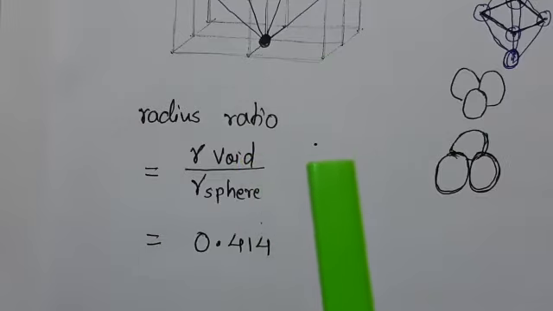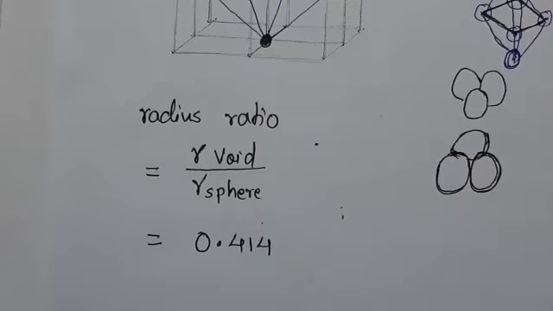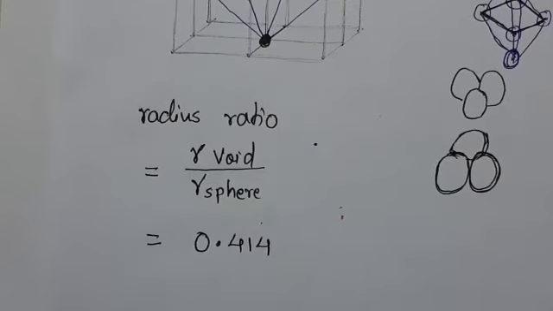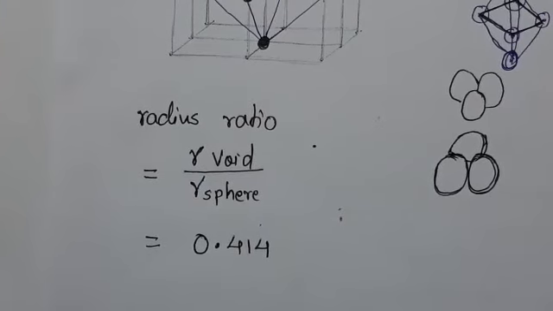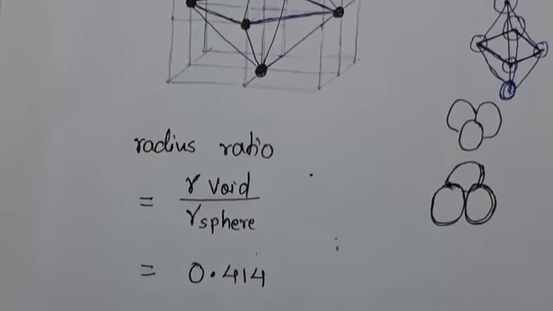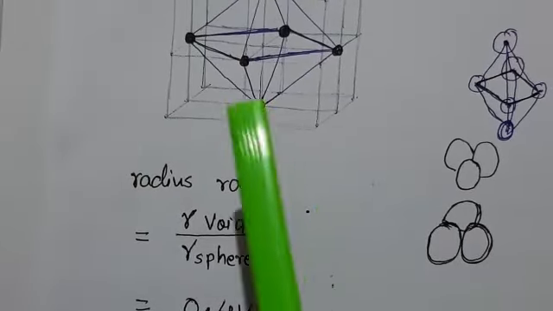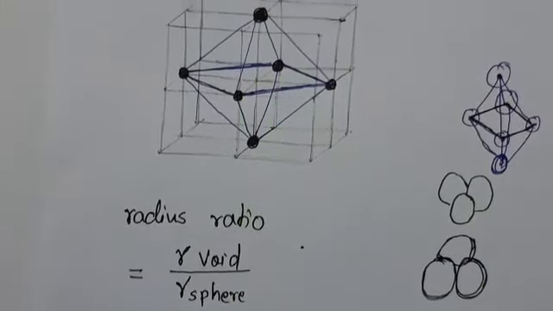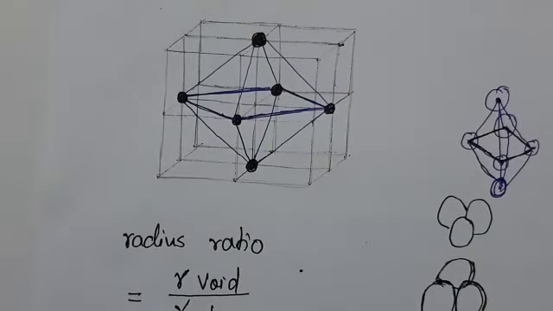in 1 unit cell, in one FCC, in FCC structure, the unit cell has 1 octahedral void at the body center of the cube. This 1 octahedral void, 6 spheres. 6 spheres form 1 octahedral void.